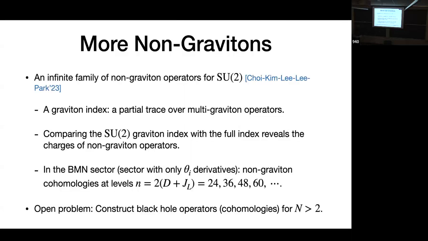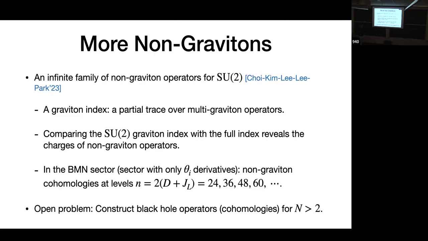Okay, so next let me tell you something about non-BPS operators. It could be that the black hole operator you find is non-graviton, but there could be something in the middle. Yes, that's possible, and that could survive even for large N. But their dimensions should at least grow with N, I think.